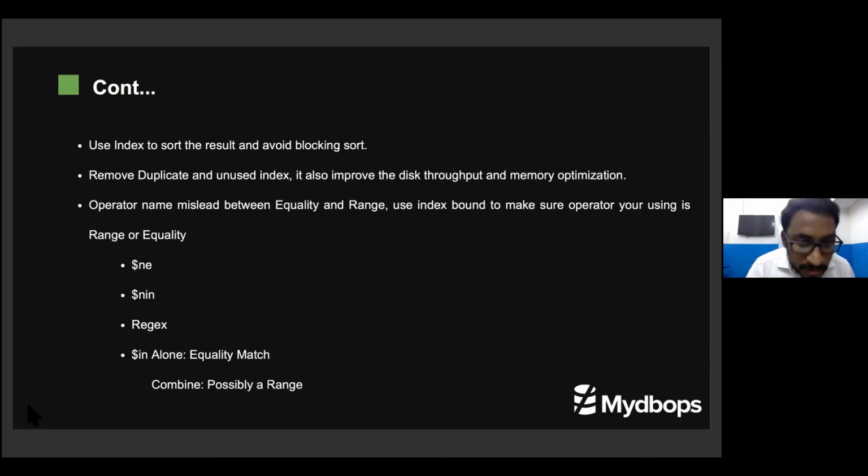The final part is, in MongoDB, we have a lot of operators. People get confused about whether an operator is an equality operator or a range operator according to the ESR rule. You will usually find that $ne, $nin, regex, $in, or range operators are not equality operators. If you are writing a query and putting not equal to in the first place, and also creating the index in the same way, then you are not following the ESR rule. You believe not equal to is an equality operator, but not equal to is a range operator.